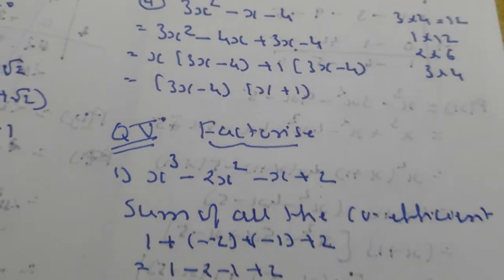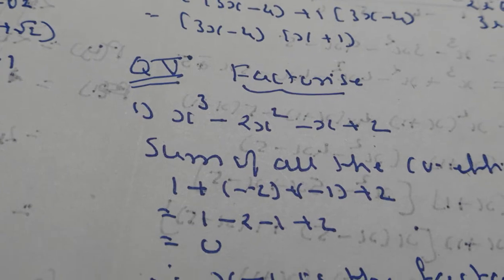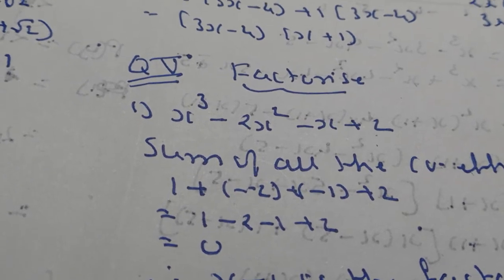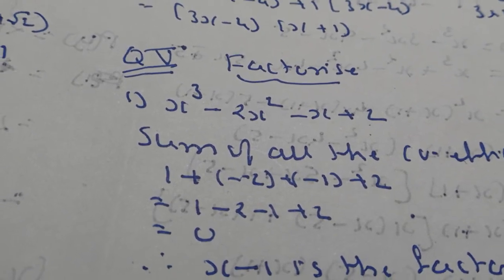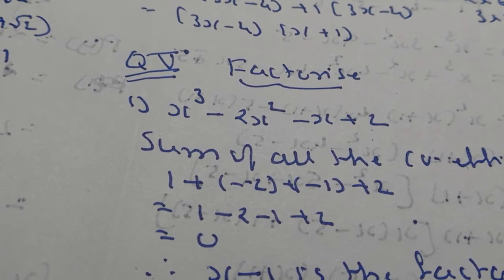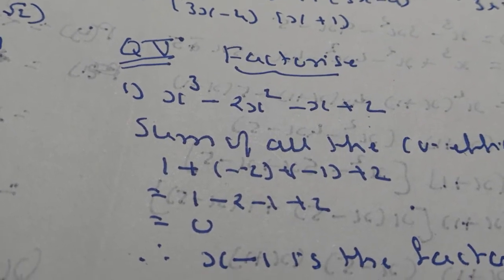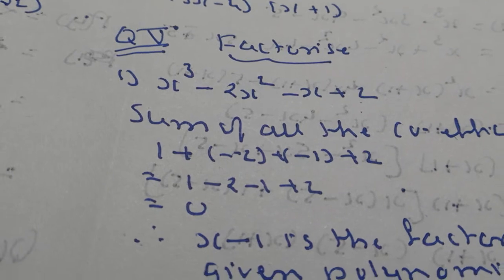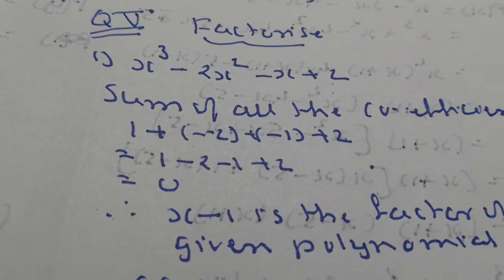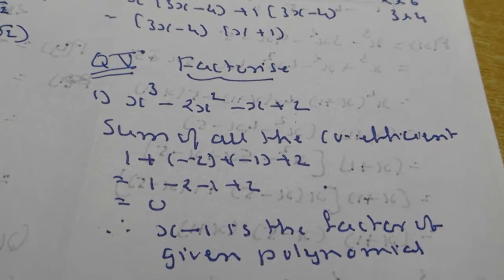Now dear friends, this is x³ − 2x² − x + 2. There are 4 terms in this sum. Okay. Well, neither of them is a perfect square, so factorizing in groups of three is not possible. So these sums we are going to do by the table method. Be careful, this is an important sum.